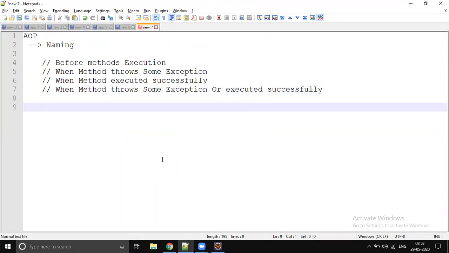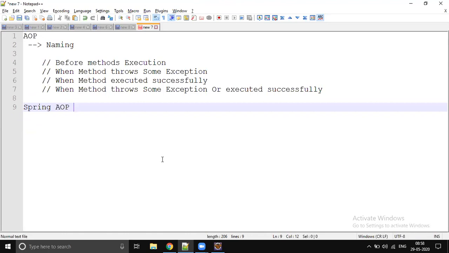That too, especially Spring AOP, because Spring supports only method execution. You can do variable, constructor, class by using AspectJ. You can do all those things, before executing a constructor, after executing a constructor. Spring AOP doesn't support that. By using AspectJ aspect oriented programming, you can do whatever you would like to do.